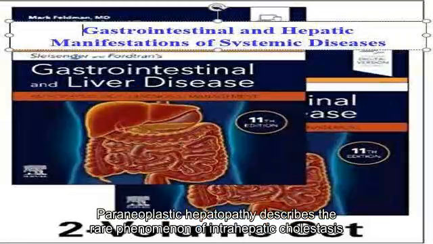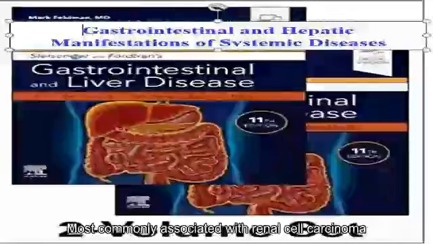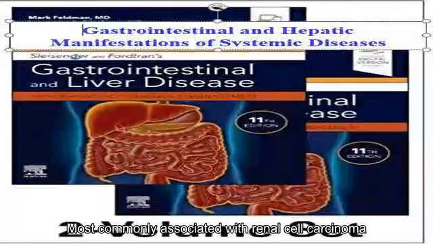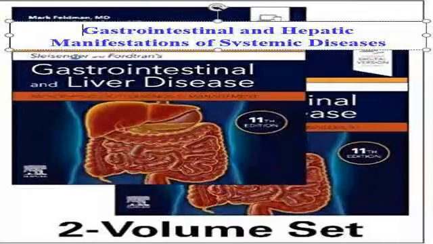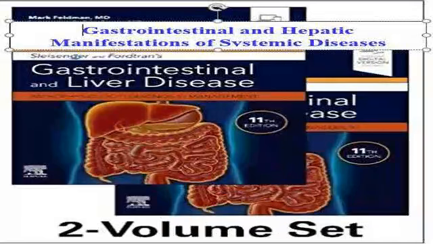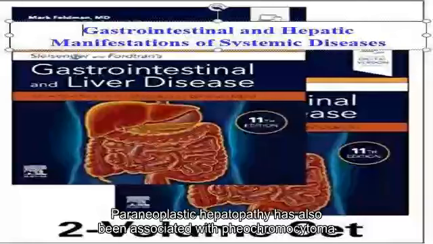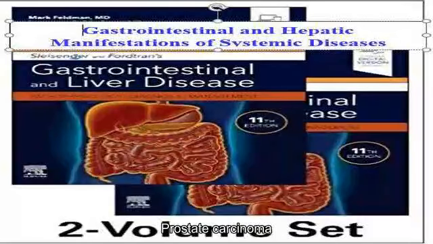Paraneoplastic hepatopathy describes the rare phenomenon of intrahepatic cholestasis as a paraneoplastic phenomenon, most commonly associated with renal cell carcinoma, Stauffer syndrome, and lymphoma. Alkaline phosphatase abnormalities are most characteristic and hyperbilirubinemia or jaundice is more unusual. Paraneoplastic hepatopathy has also been associated with pheochromocytoma, prostate carcinoma,